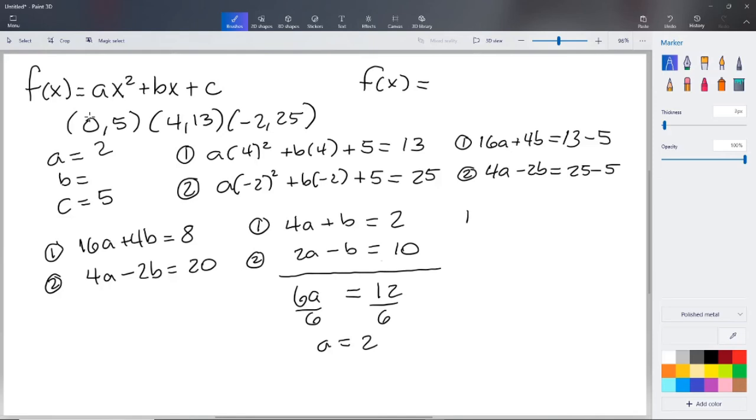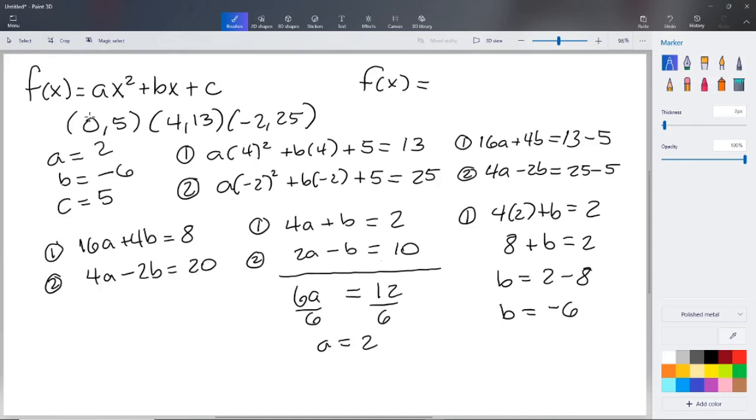So equation number 1, we're going to have 4 times 2 plus b equals 2. Well, 4 times 2 we know is 8, plus b equals 2. We take this 8 and we move it over here. We're going to have b equals 2 minus 8, which means that b is equal to negative 6. Hey, we just found the last one. That's awesome. And now that we know that a is 2 and b is negative 6 and c is 5,